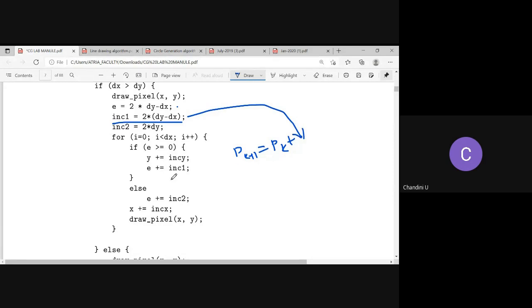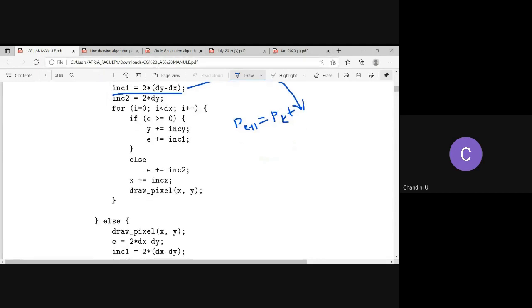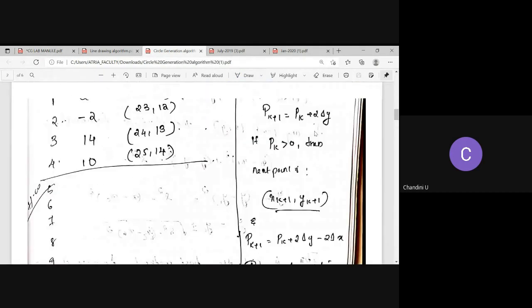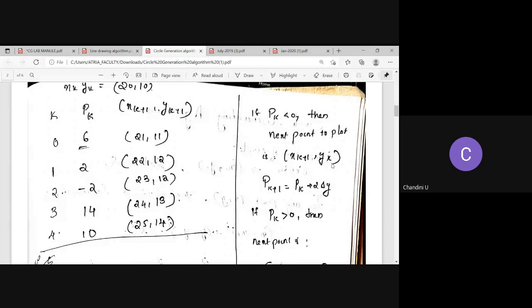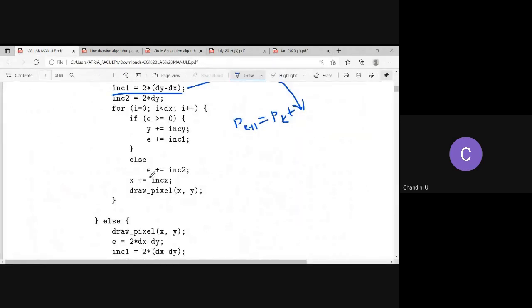The same thing applies here: e is our pk plus 1, or our decision parameter, that is equal to e plus increment 1, that is 2 into dy minus dx. This is the case when the decision parameter is greater than 0. Or else, if it is less than 0, what was the condition? If it was less than 0, we will keep the y the same. So there is no change in the y, and we are incrementing only x.